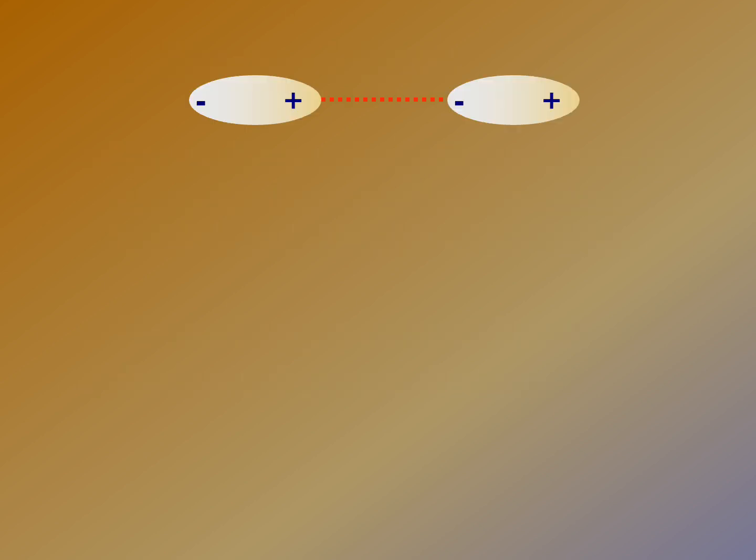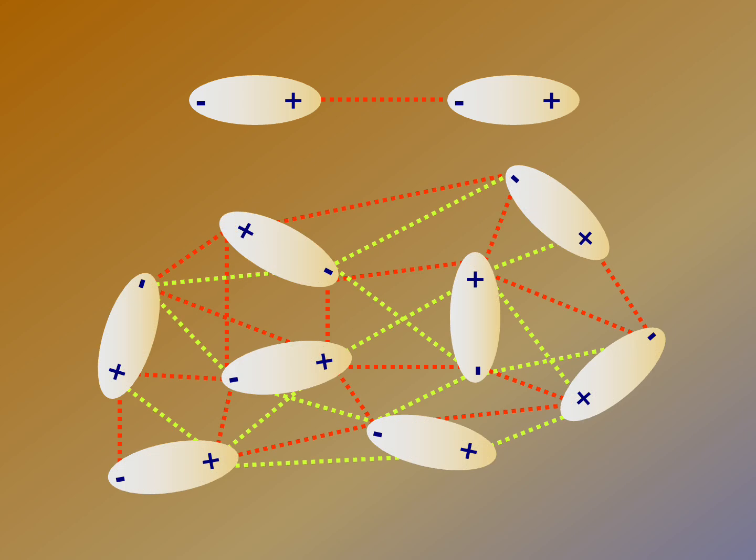So looking at this, we have two polar molecules. The positive end of one is attracted to the negative end of another. But you can actually have a bunch of molecules that are attracted to one another. So here you notice that the negative end of one molecule is attracted to the positive end of all neighboring molecules. So the attractions you can see in red, they can also repel one another. So those are the yellow dotted lines, or those are repulsions. This is where particles are going to be held in a certain alignment overall.